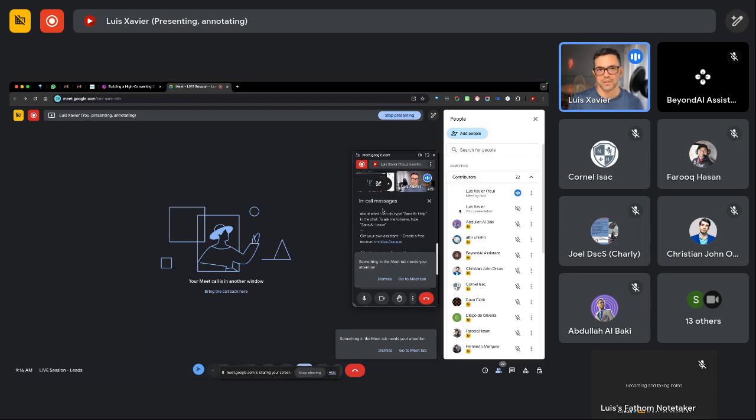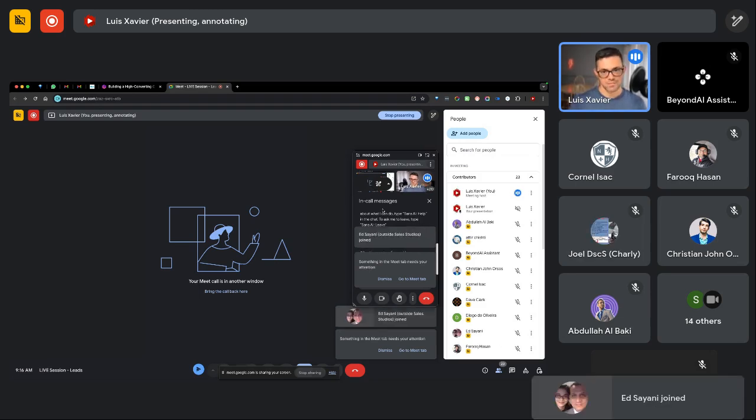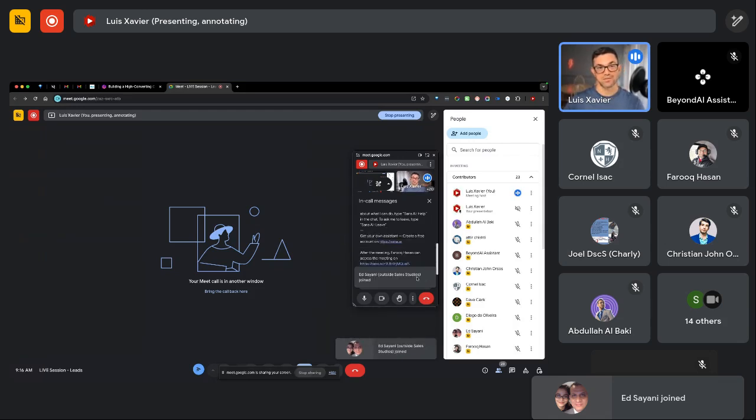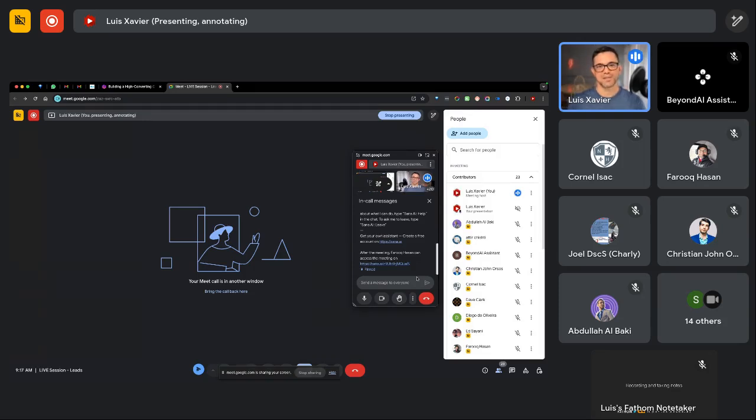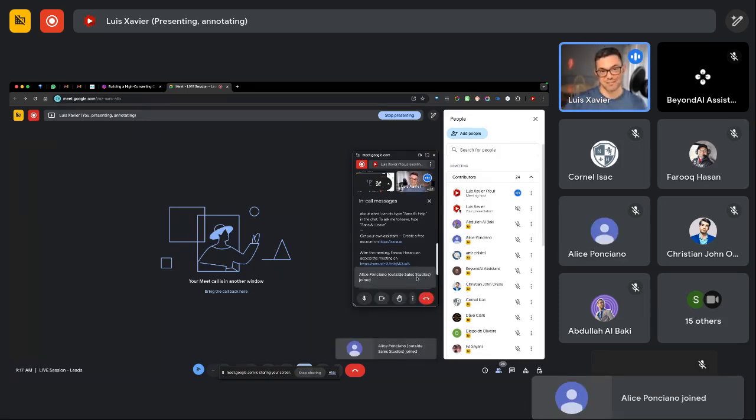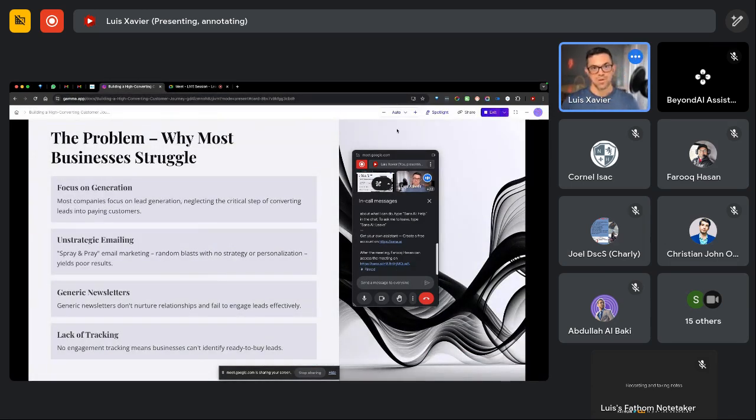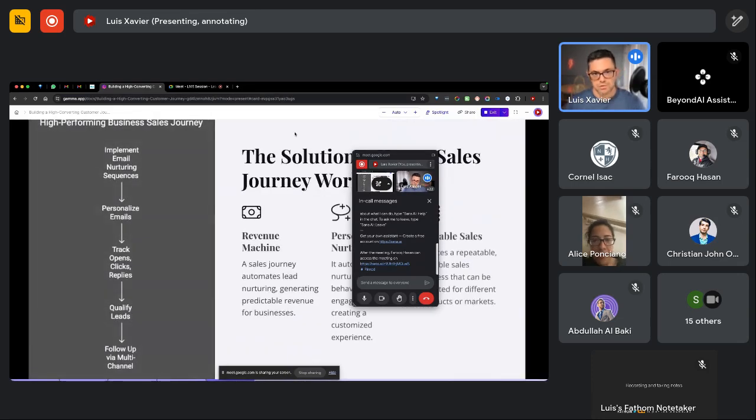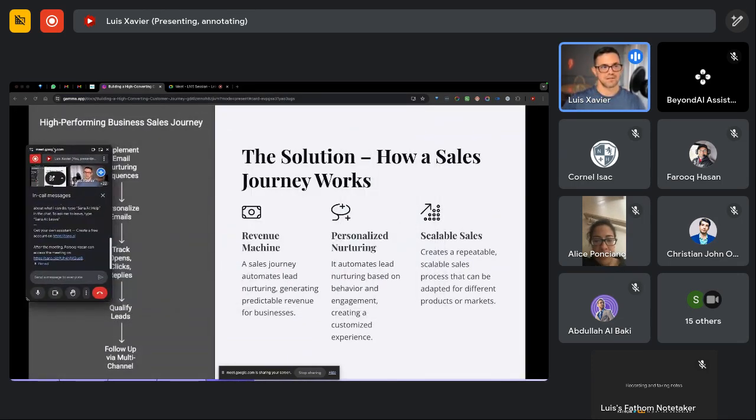So this will help you a lot because we're going to automate everything, and the people that are engaging, we're going to continue to send them emails because they are engaging. The people that are not engaging, we're going to get them to re-engage. So we've got a different path, a different journey for them. And the people that are inactive, we're going to unsubscribe them. Because if they are inactive, they are not reading our emails, and we continue to send them emails, we are essentially spamming them, okay?